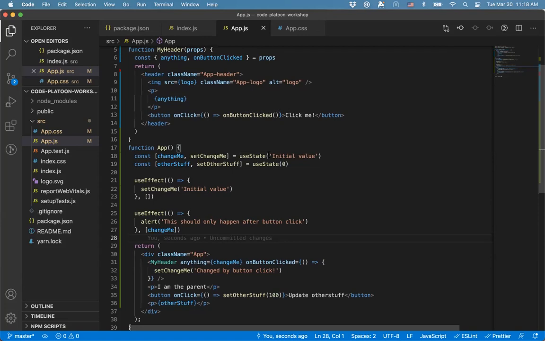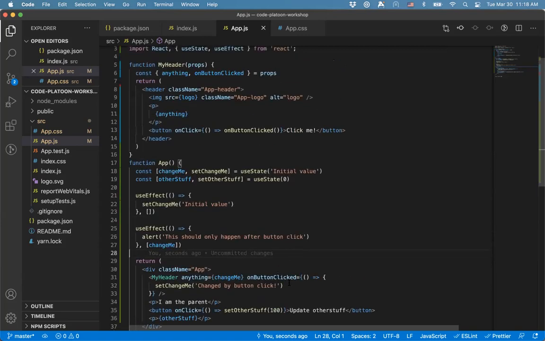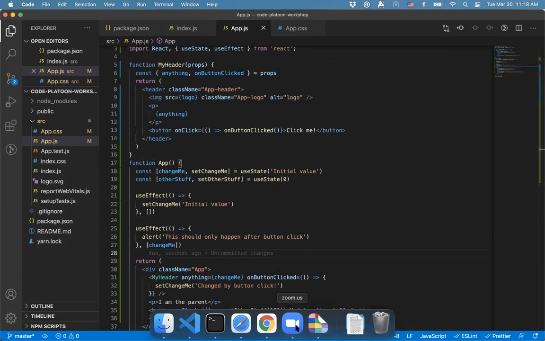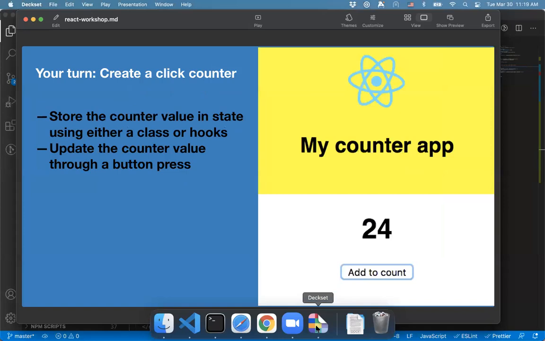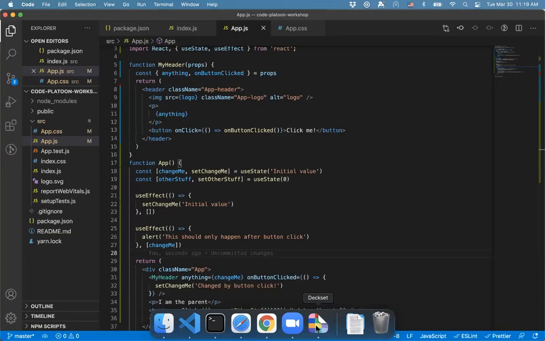Any other questions? All right, so that essentially covers the questions. This is where I'm going to have you all do your own independent project really quick. But before we get into this, I just want to point out that like this right here,